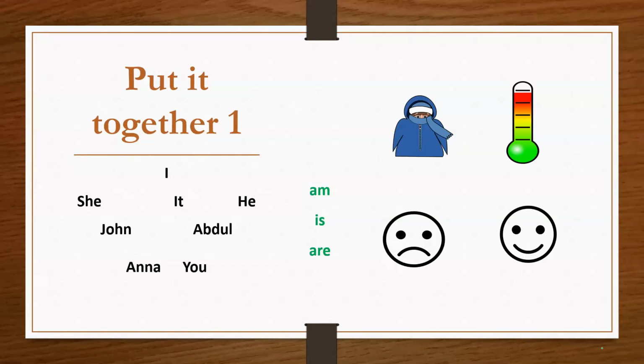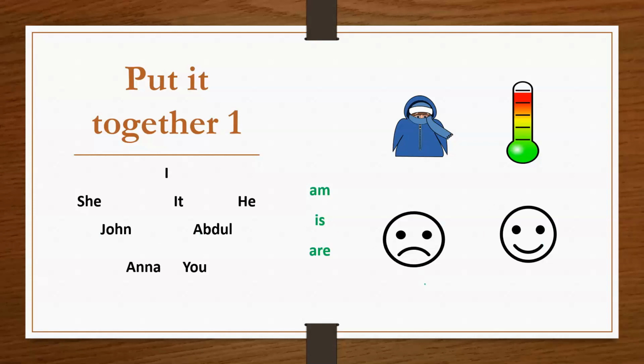I am cold. Everyone? I am cold. Okay, 1, 2, 3. William, 1, 2, 3. Choose another. I am happy. I'm happy. Well done. Good job. Bethan, maybe John. 1, 2, 3. John is sad. John is sad. Well done. Really good. So I'm just giving the idea to sort of build up a few sentences.